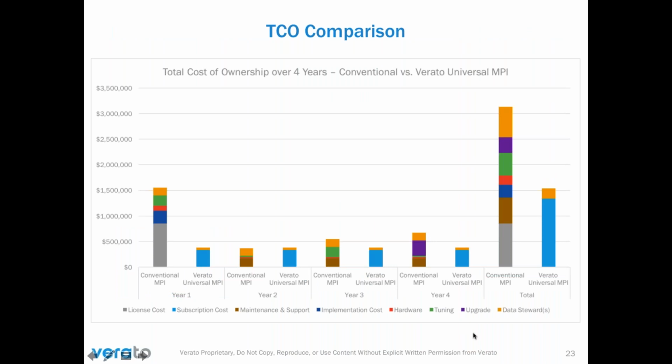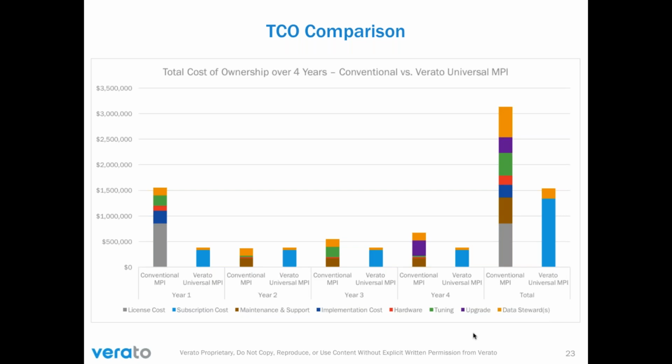So if we go back to the TCO and how that looks, I mentioned before, and I'm not getting into a lot of details today about Verato and what we're offering, but just enough to contrast it. We are a true SaaS platform. You have an annual subscription. With whatever minimal data stewardship you have, we don't claim to eliminate data stewardship 100%, but the way our referential matching system works lets you take a huge chunk out of that manual effort. And so you have a much smaller slice of manual activity, and one that's actually manageable. And really those are your only costs: your subscription and this minimal level of stewardship you need.